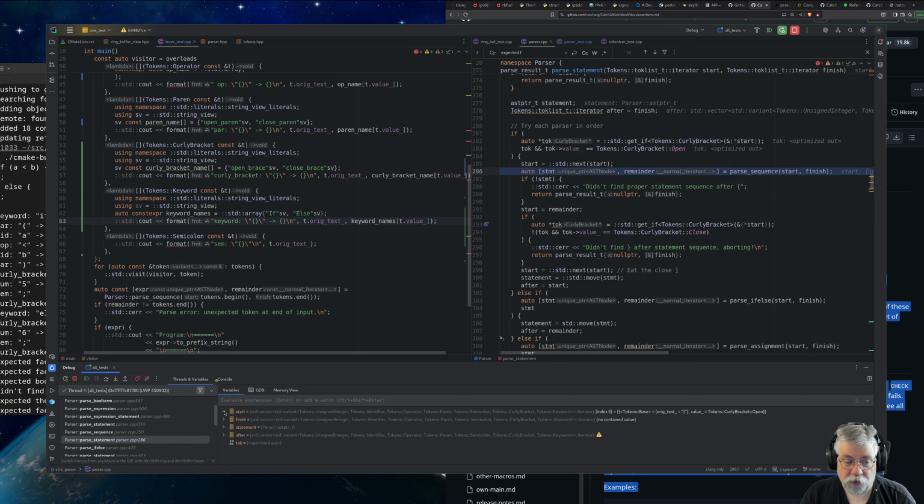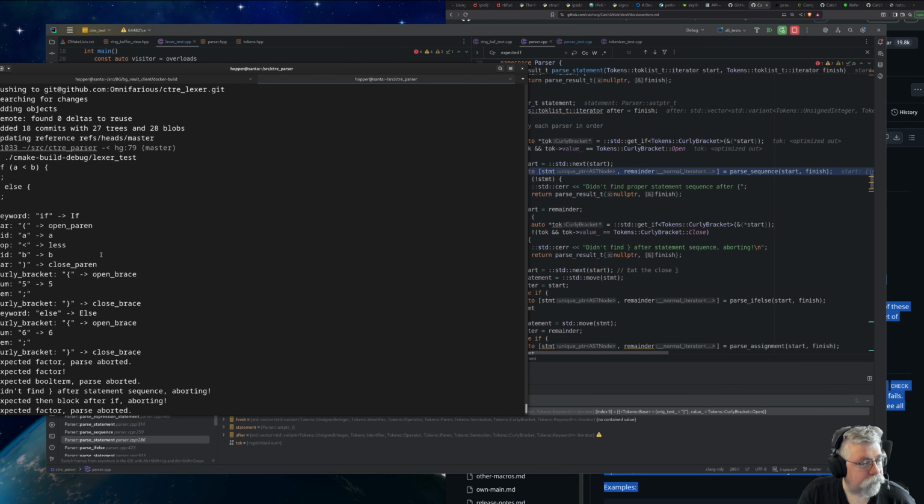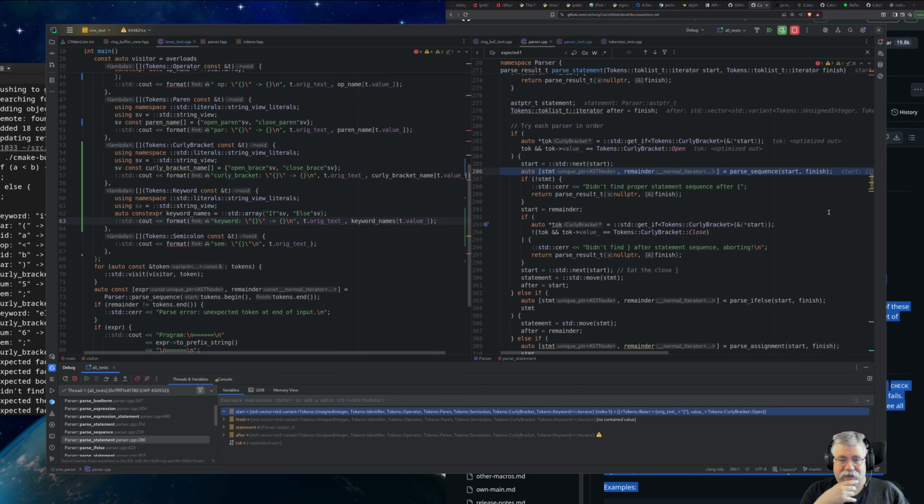So start for this function should indeed be that, but then we should have std nexted it. And if we look here, we do indeed see that when we go through all of the tokens in order, we do in fact get to